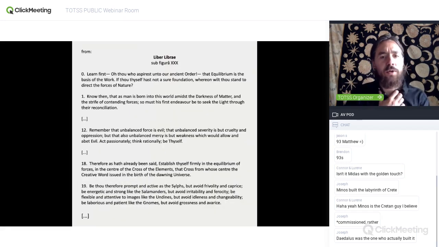All right, and then I also wanted to show you, again, kind of like we did with the Liber Yod, I just wanted to show you Liber Librae. This is another document that's very particularly associated with the symbolism of one letter. So Liber Librae means the book of the balance, and it's under the figure 30, right? And Lamed is the value of 30. So this book we could give as attributed to the letter Lamed,